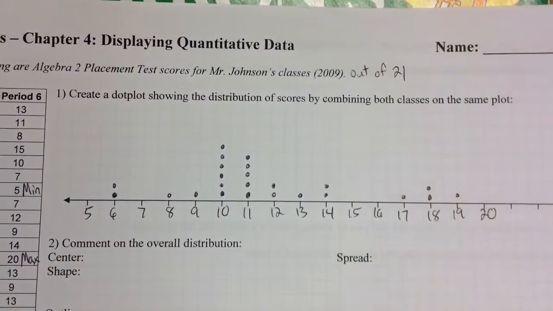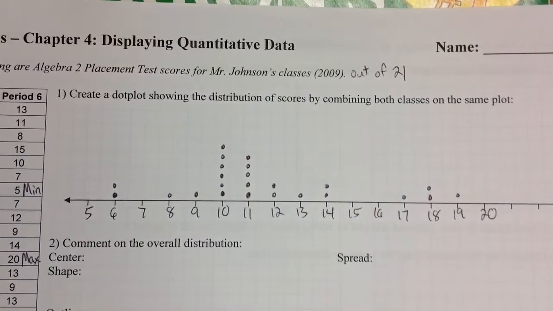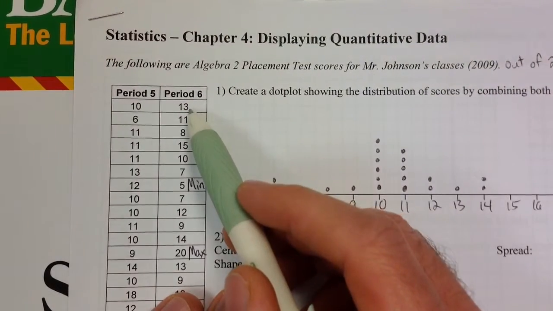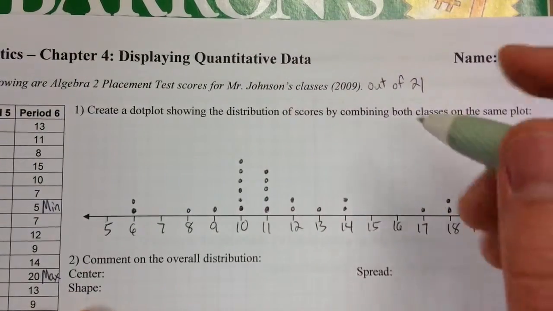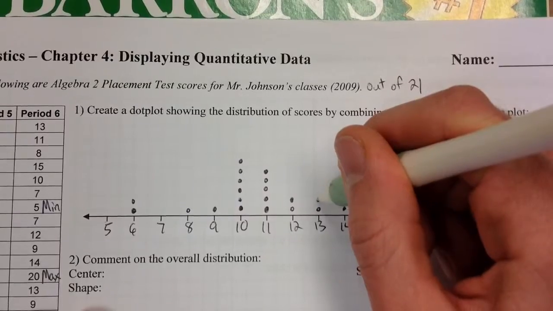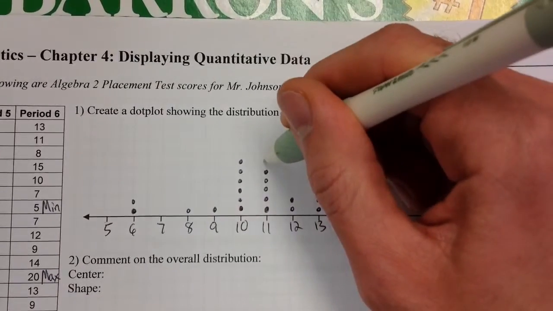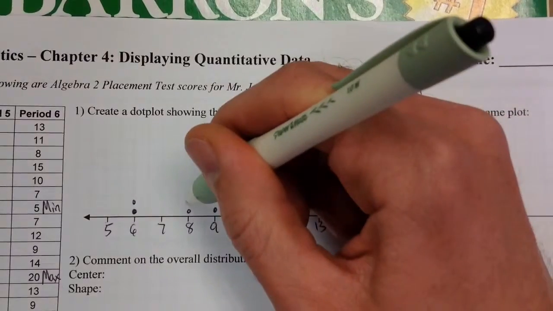You could distinguish period 6 from period 5 by using a different symbol. I'm not going to do that in this case. I'm just lumping all my students together into one graph to get a sense of overall what's going on. So for the first person in period 6, 13, I'm just going to put that right on top of the period 5, 13, using the same symbol. 11, 8, 15,